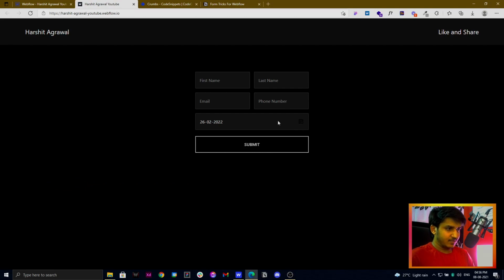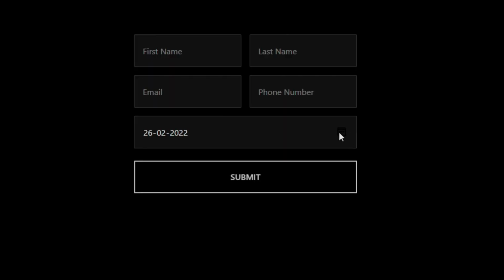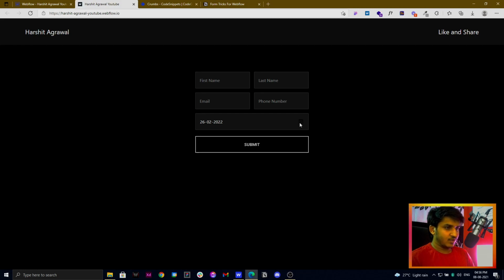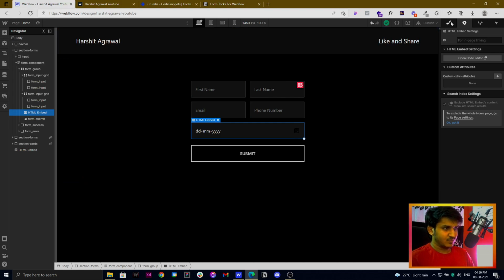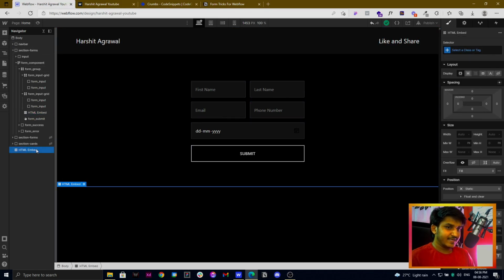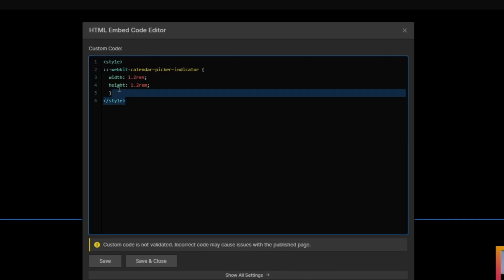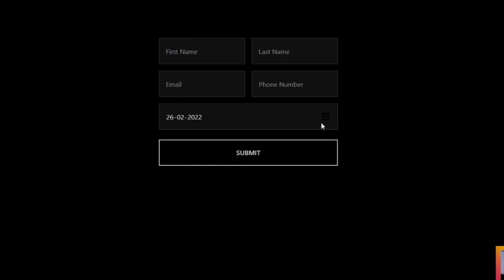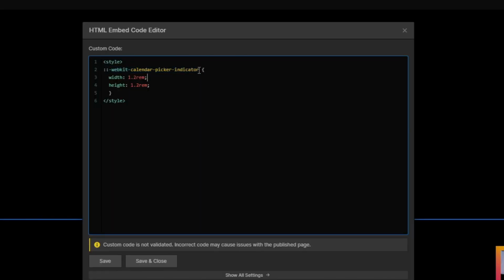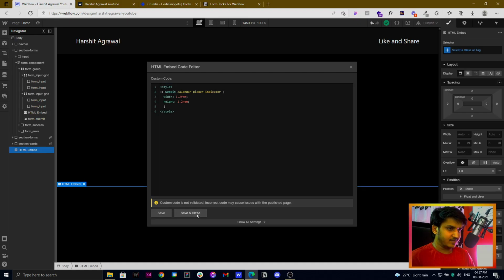But if you notice, this is not really a good experience because we don't have a nice color here and we don't have a hover effect. The mouse is not changing to show that fingertip pointer, and we don't have any hover effect. So now we will try to create that using CSS, because we cannot actually style that using our Webflow designer. For that we will take an HTML embed and open it. We will type in this CSS right here. The class that you see here is the class of this icon, so we can control it from right here. First we will define the width and height of the element, and then we will save and quit.